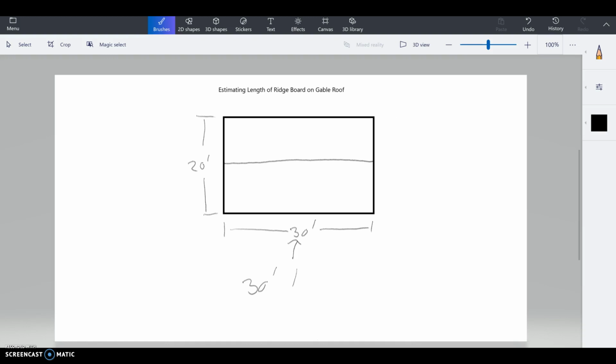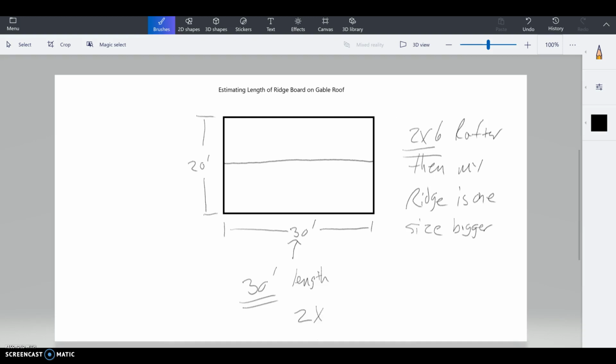So my length of my rafter equals 30 feet. So usually if I used a 2x6 rafter, then my ridge board is one size bigger. So if it's a 2x6, I'm going to need a 2x8